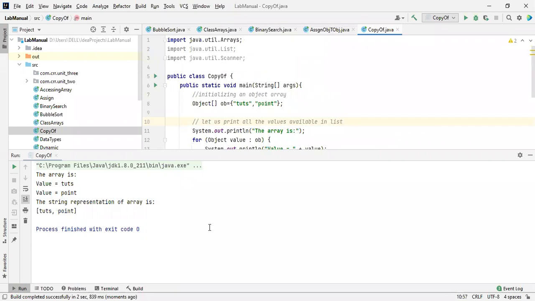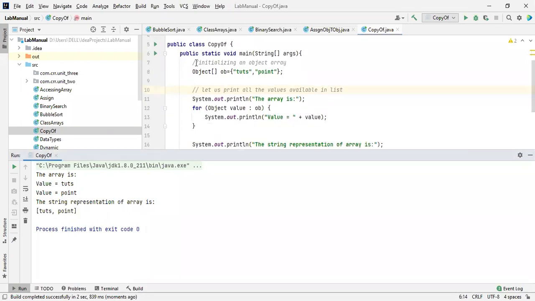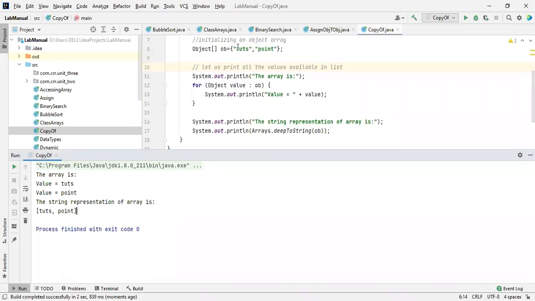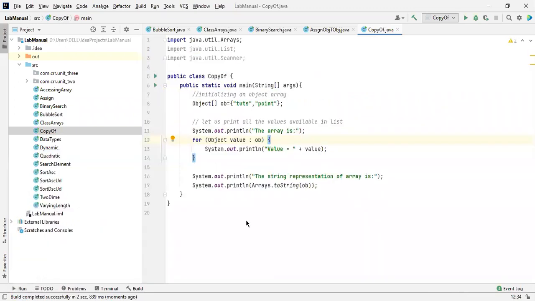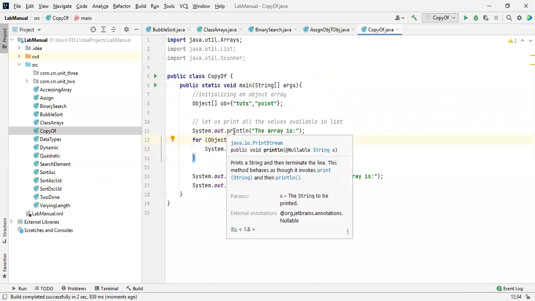Don't say, sir, it is also printing like a list. It is deepToString, which considers all the values inside the string. Actually, we have one more method, toString. It is similar, but in some cases you will see a difference, though we can't know the difference in small programs like this.